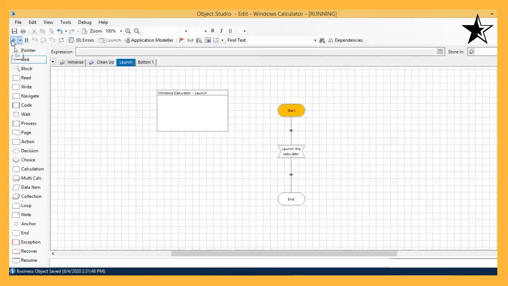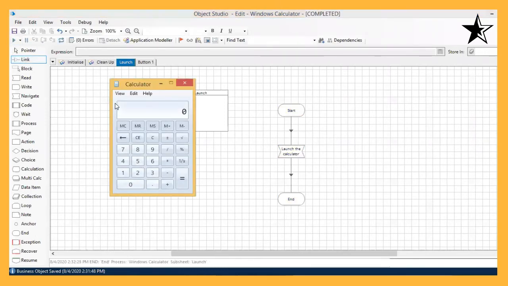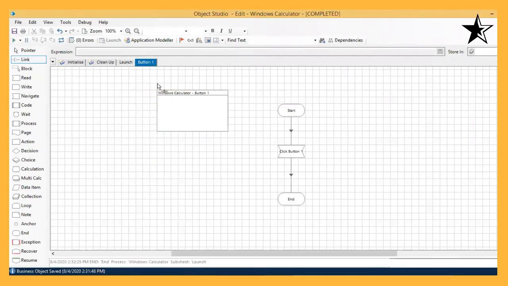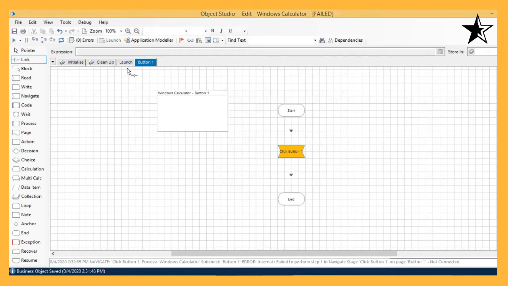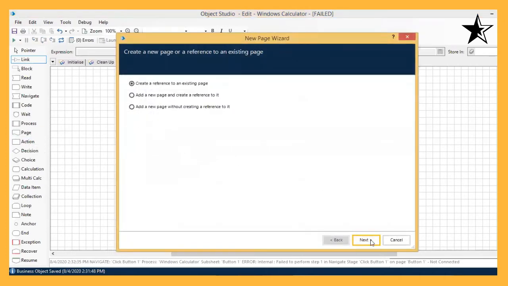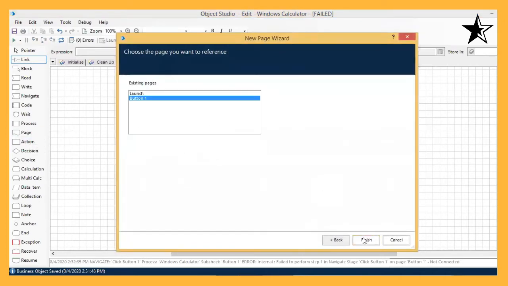I don't understand why it is not working. Okay, calculator fine. It should work here also. Okay, requiring the referencing here. So I just make a reference here. Page reference, next, button one, finish.